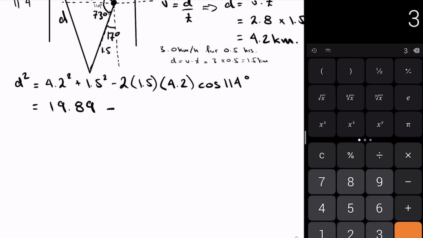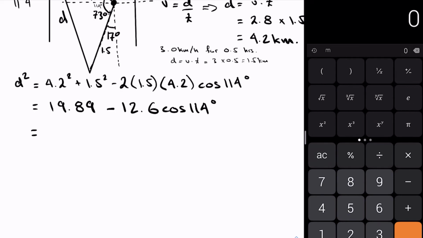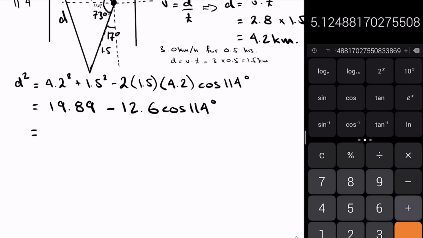So I get 3 times 4.2, which is 12.6, times cos 114. Because it is a negative, I'm going to have to make that positive. Let me do it again. So negative 12.6 times cosine 114 is equal to that, plus